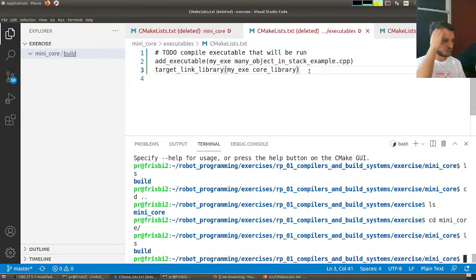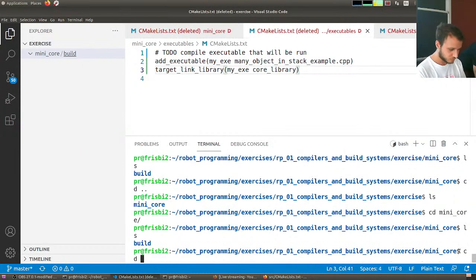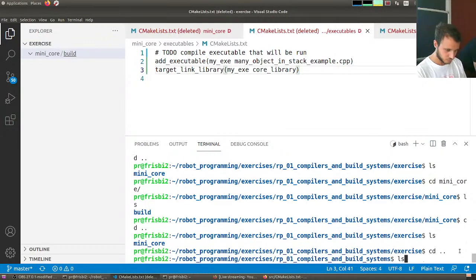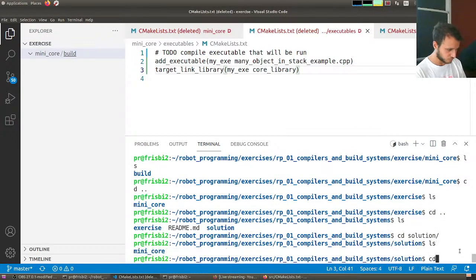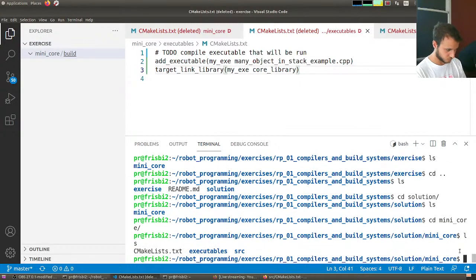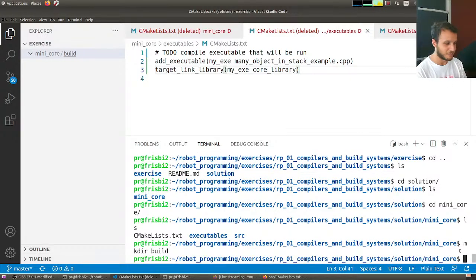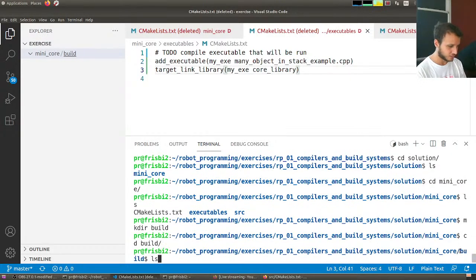Basically I managed to delete everything. Okay, so let's start again. Create a build directory, cd build, then